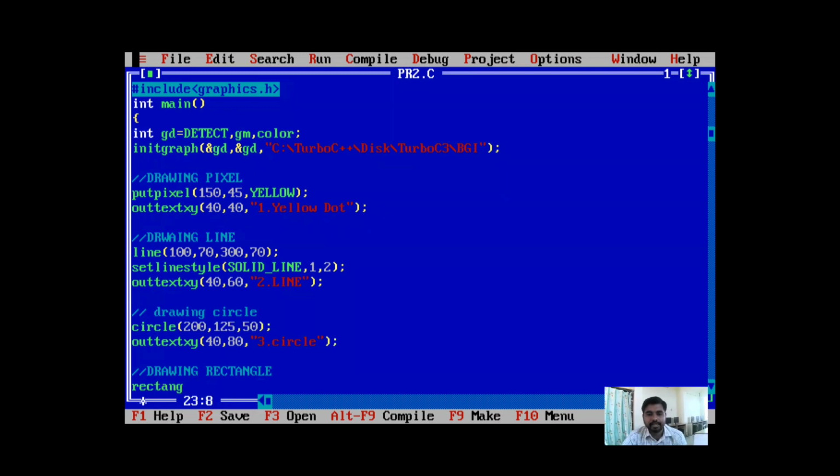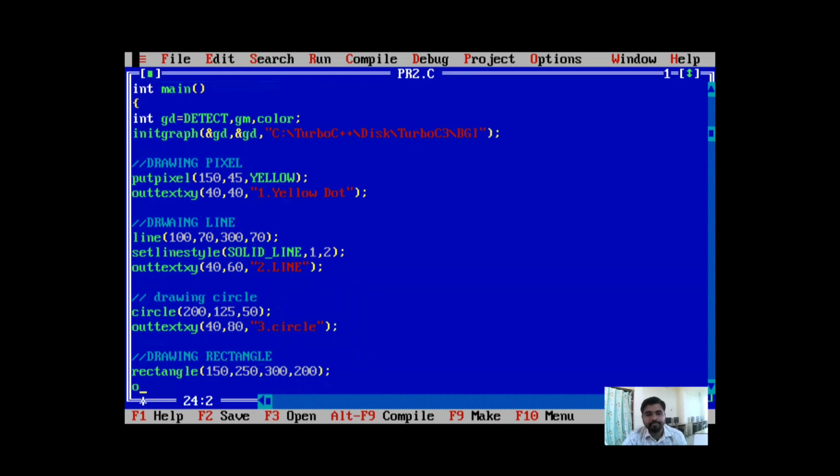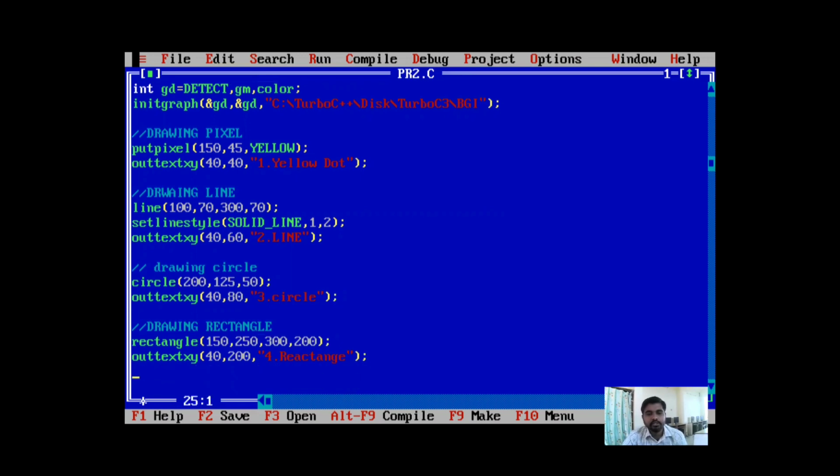For this, I am using the function rectangle and passing the parameters for the rectangle. Next, outtextxy, 40, 100, rectangle. This code is for the rectangle.